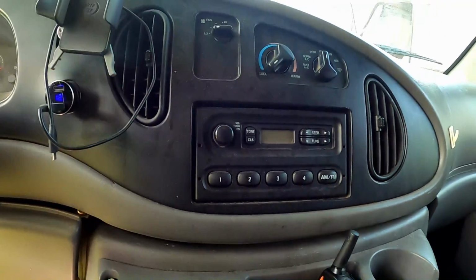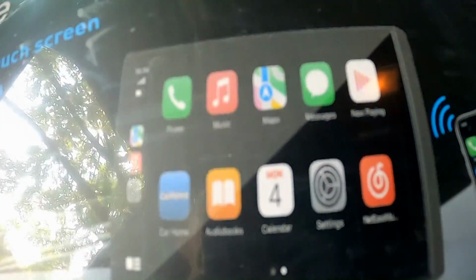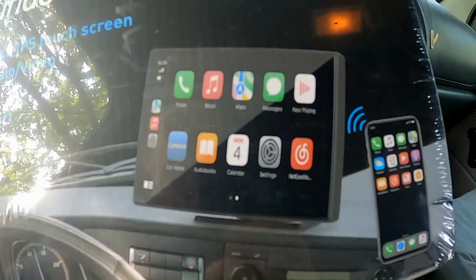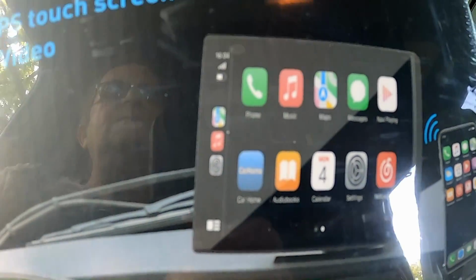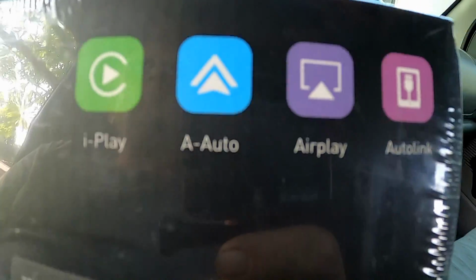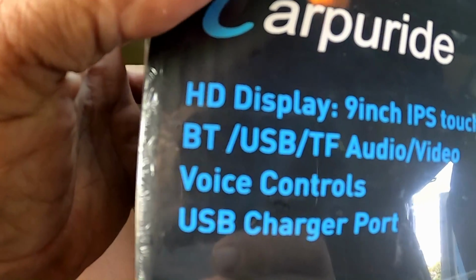And what's broadcast on the radio isn't always what you want to listen to. This thing, I don't know what all it does. It navigates. It has the FM tuner, I believe. It syncs to my phone. Well, it has CarPlay, Android Auto, AirPlay, and AutoLink. I don't even know what this all does just yet. But I thought what I'd do is